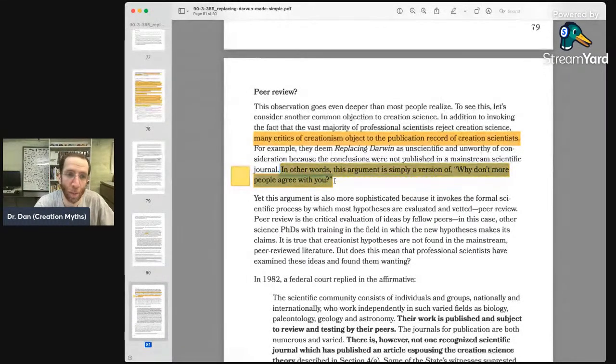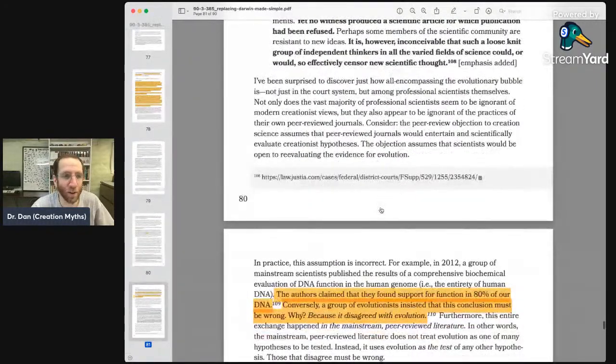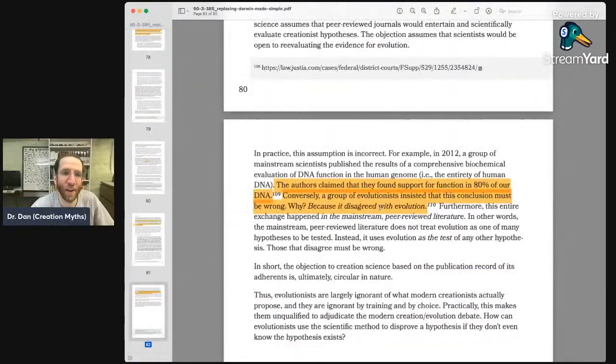It's not why don't more people agree with you, it's why aren't you putting in the effort to convince people they should take you seriously. That's what the argument is, and Jeanson right here is lying about it. I'm so mad at you. This book is insulting. This is offensively bad. I can't believe I'm doing this for 90 minutes. We're almost done, I swear.